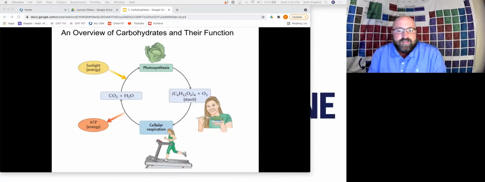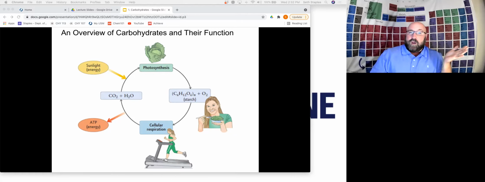Everybody. This lecture now begins our exploration of large biomolecules. The first one that we're going to look at is carbohydrates. When we look at energy and metabolism with our last lecture in a week or so, what we're going to see, and what you might even remember from some of your basic high school biology, is that the photosynthesis and cellular respiration sort of cyclic pathway